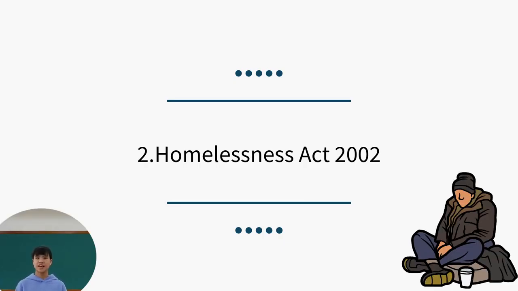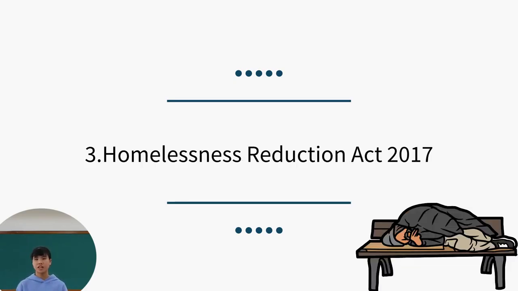The second is the Homelessness Act 2002, which requires local governments to devise strategies to prevent homelessness. The Act also expands the definition of homelessness to include people facing eviction or unsafe living conditions, in addition to the groups of people mentioned above. It now includes people who will lose their homes within the next 28 days, and the law focuses on providing long-term housing. The third law is the Homelessness Reduction Act 2017, which requires local governments to provide early intervention to help people at risk of homelessness.